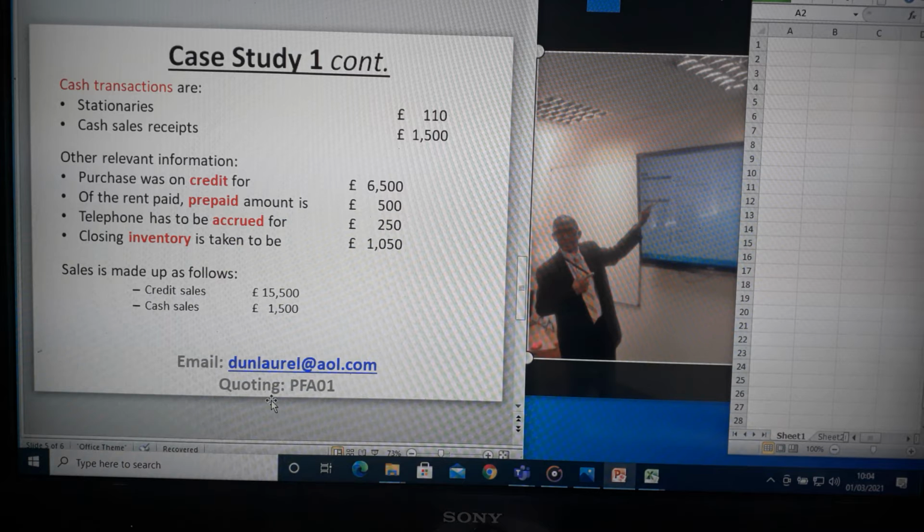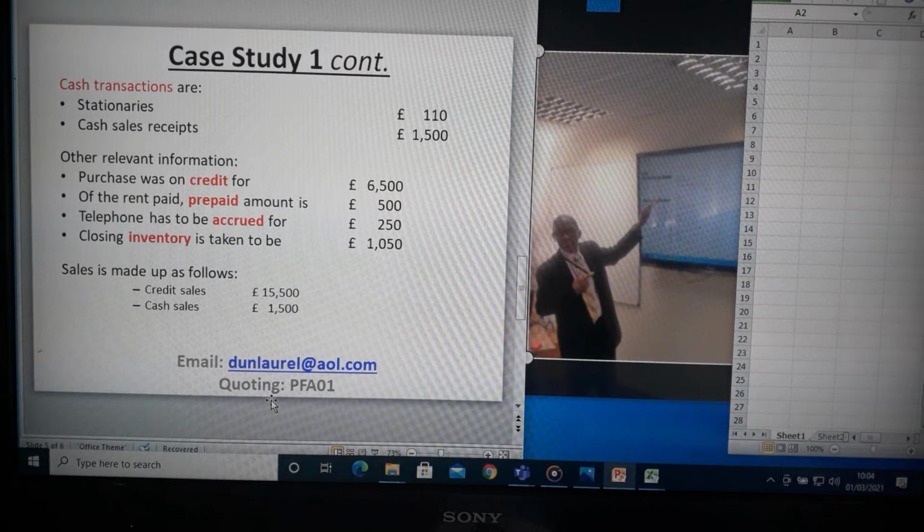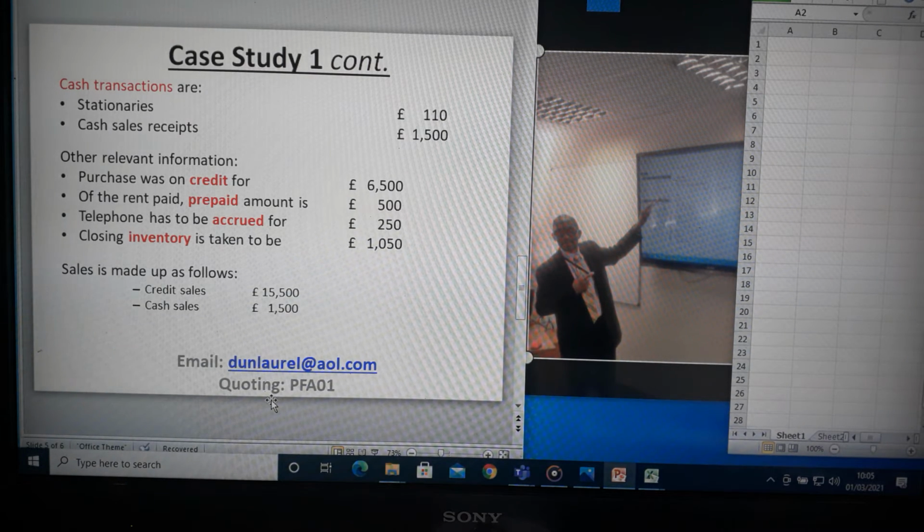Another item here is a prepaid amount of 500 for rent. This has to be removed from our books, adjusted for. This is an accounting terminology, prepayment, where you have to pay for things in advance of use. Probably when your landlord says you pay quarterly in advance and you've only spent 2 months, the 1 month you have not stayed is owed to you by the landlord. So you have to take this off from your account, otherwise you are charging your account with expenses you have not actually used for that particular period.